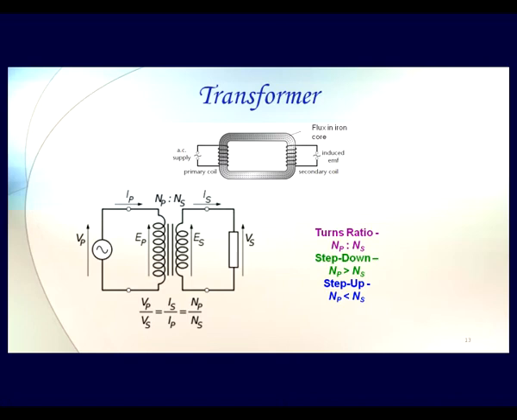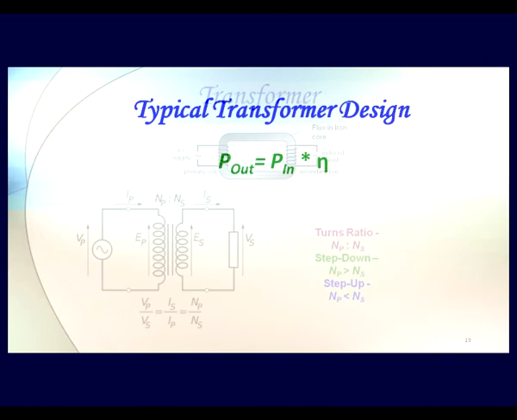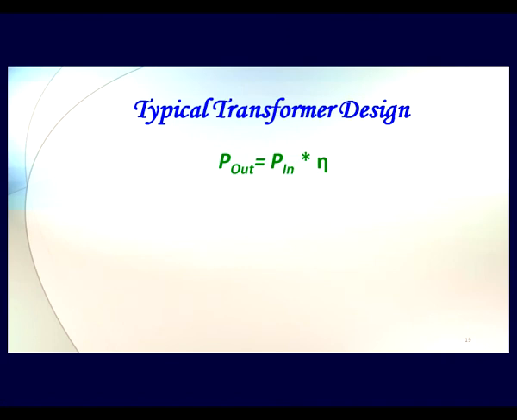There we used to operate these tubes at very high voltages of, say, some 1 kilovolt or 2 kilovolt. At that point of time, we had to convert the 230 volt AC into that kind of high voltage of kilovolt. So there we use the step up transformer. If we want to, say, design a typical transformer, then two things come into picture.